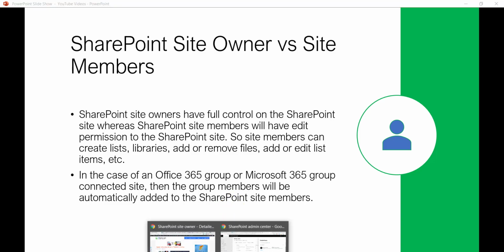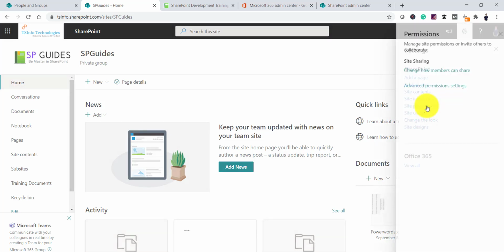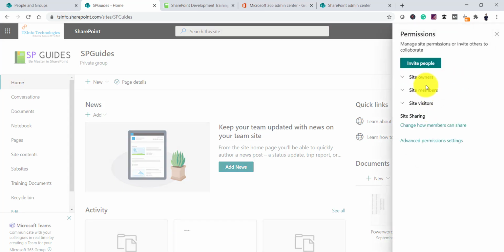And that is the reason, let's say if I open the Office 365 group connected site, you can see here by default when you click over here and go to site permission, there are three groups. But if you look at the classic SharePoint site, you will have a contribute permission, and here by default it will not be there. So you can actually create and assign the contribute permission to any group, because not always will you want all your users to be able to create a site or create lists or libraries.